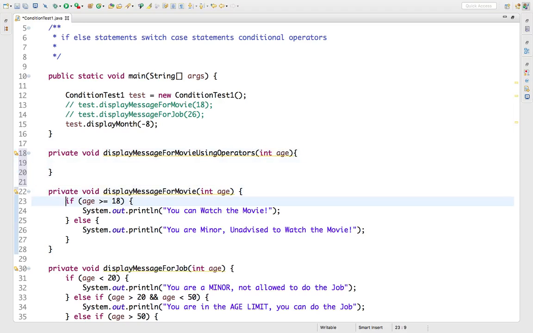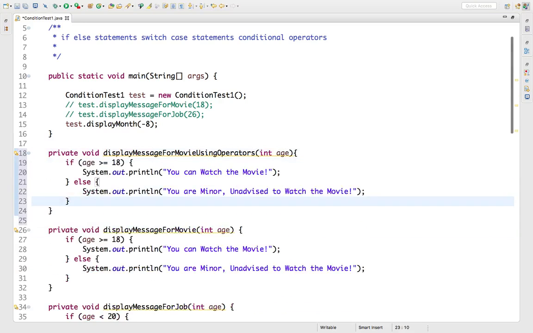So I'm going to copy this part. This is how it used to work. Now I'm going to change it into a different way. If age is greater than or equal to 18, it's printing you can watch the movie. You can see there is a lot of verbose code which is repeated again and again. These two brackets, and over here I have written else and all. So if you want to minimize the code,